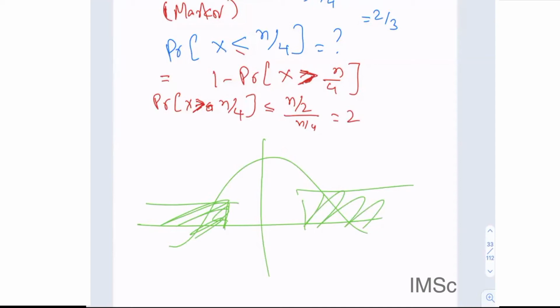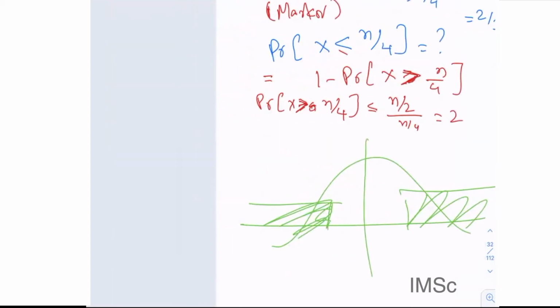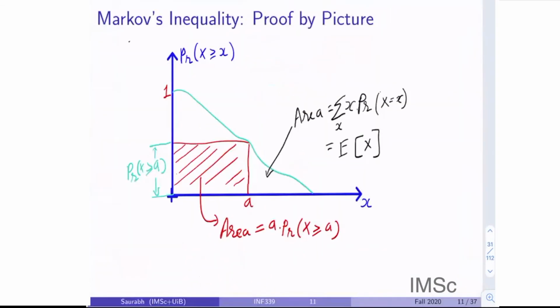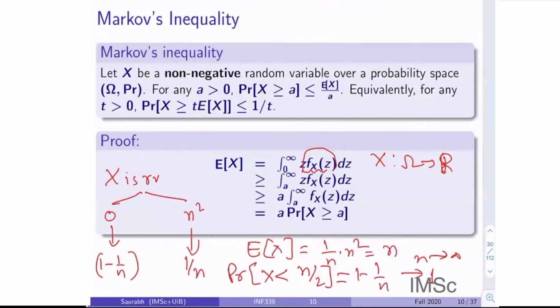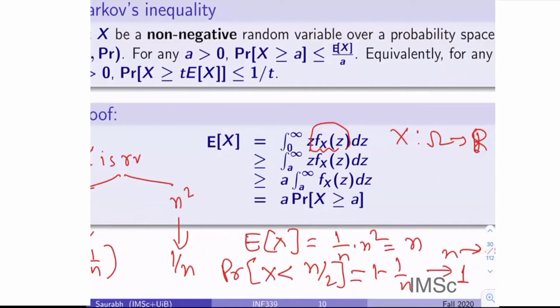Because there are examples where it is almost impossible. Here is an inequality, here is an example where, if I had said, okay, what is your expectation, it is n, what is the probability that you are between n by 2 and 3n by 2, right? Can I say this probability that you are going away from n by 2?